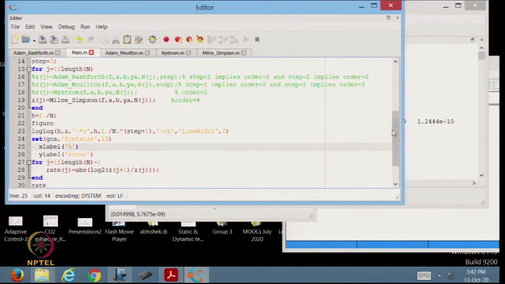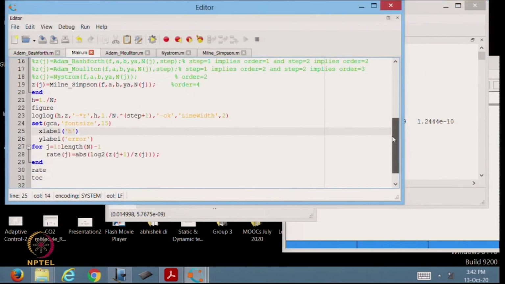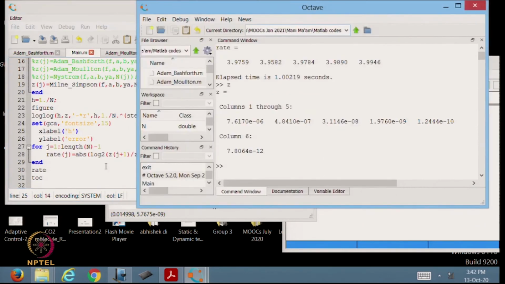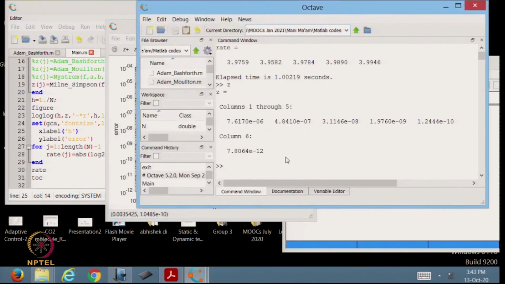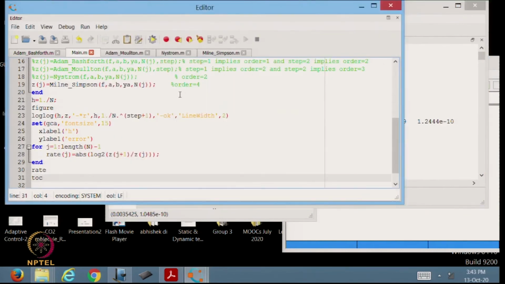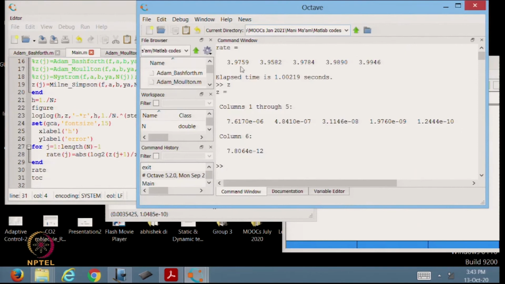Okay. So, here also Z, you can observe graphically that the error tends to 0 as h tends to 0, and the maximum error which we achieve by taking h is roughly of the order of 10 to the power minus 11, which we can observe from here also, and the rate should also be close to 4. That is what we can see in the comment part.